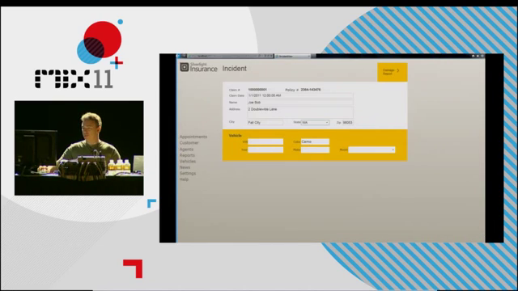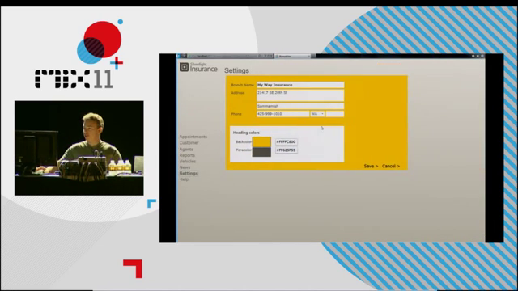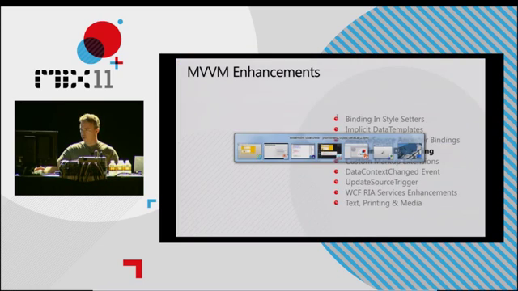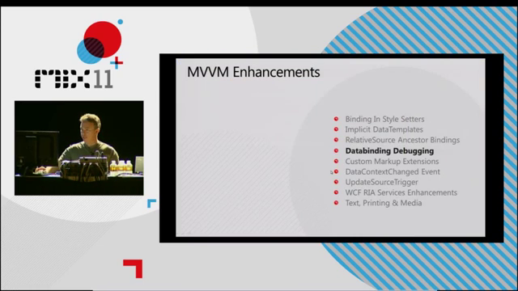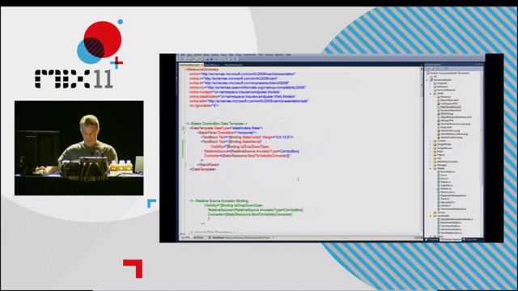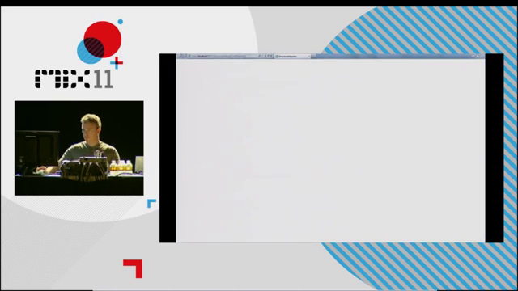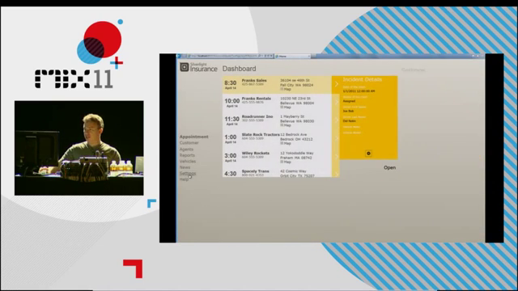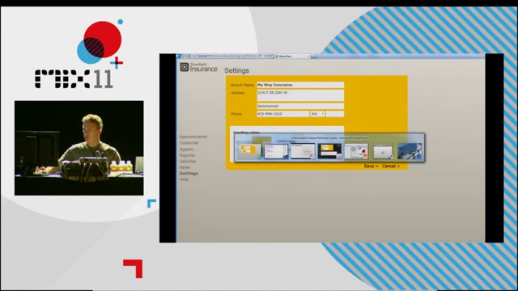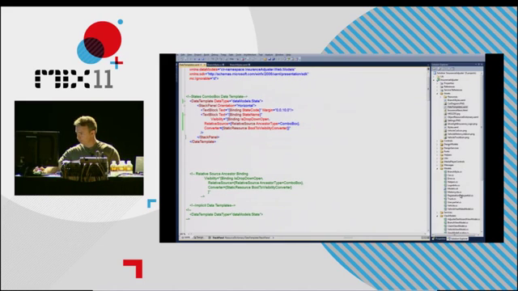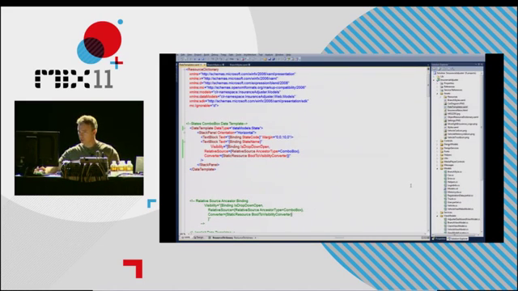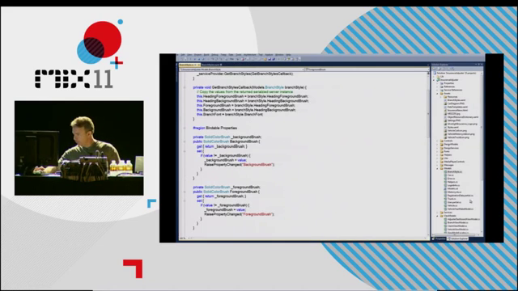Now, one of the other problems that I noticed is here, I'm missing my state combo box. My zip code. So I'm going to come over, and we're going to, let's first run this in debug mode, actually. So we'll hit F5 on our app. And now when I go to settings, we'll see that it's still blank. So I can come over here to Visual Studio, and I'll go to my branch view. We're done with the data templates. And in our branch view,